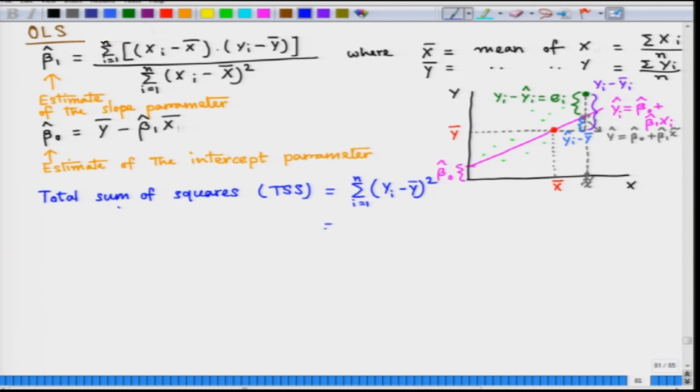Now, this could be broken down into two pieces. The first component is known as the explained sum of squares,